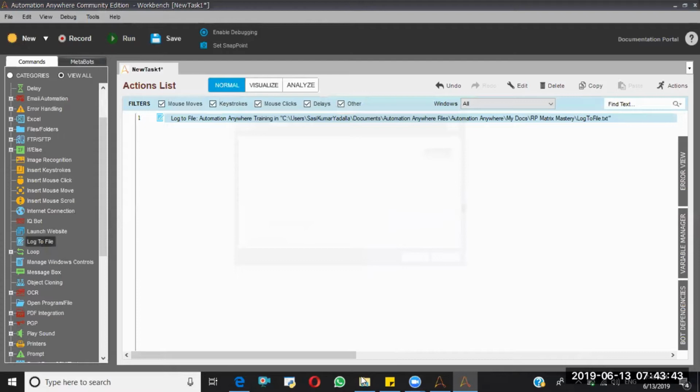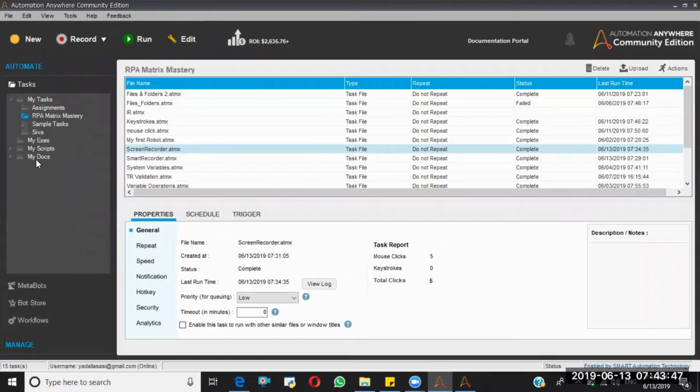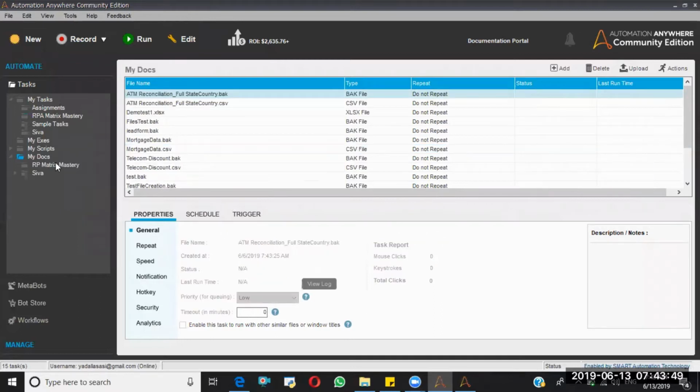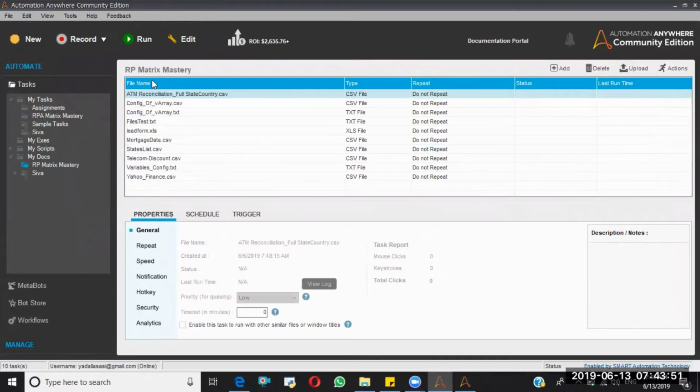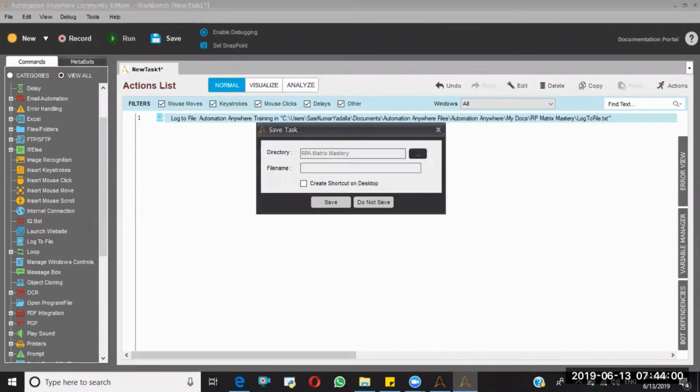If you go and see here, this is my docs RPM matrix. There is no text file called log2 file. But now if I run this command, the text file will be created automatically with the data "automation anywhere training".